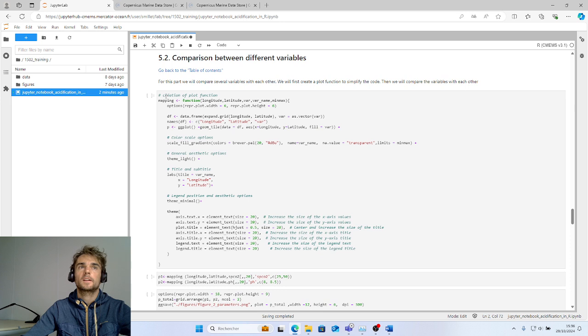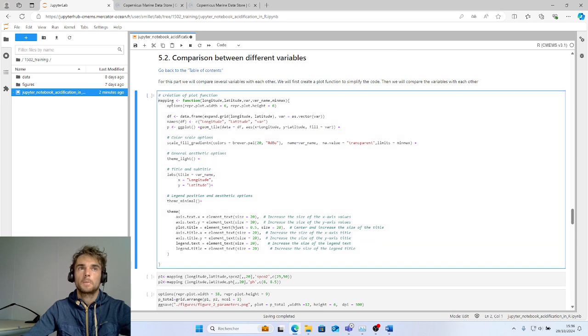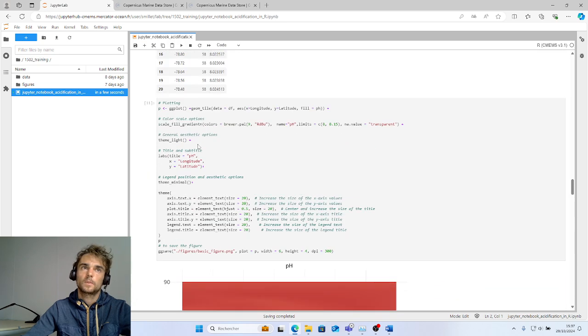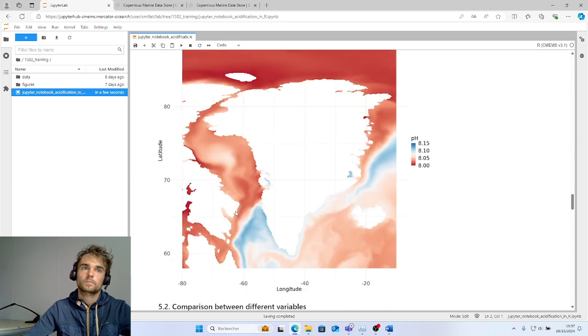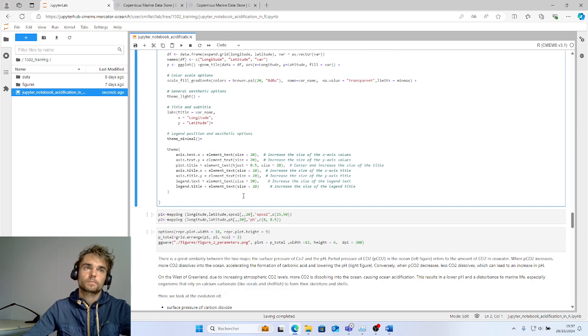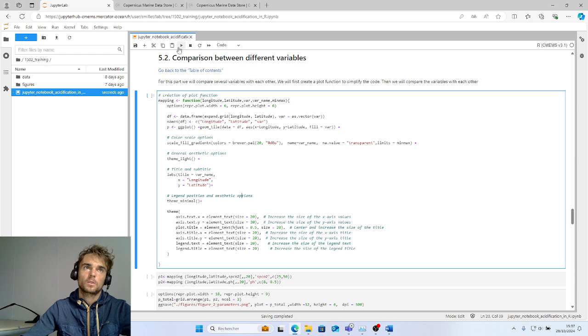So here is the function mapping that creates a map. It is the same code that we saw above, so we do not explain it. We run the cell.